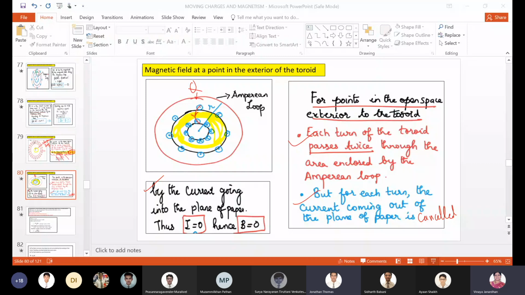Investigatory project, I told you boys, holiday homework. We have sent you an investigatory project. You select any project, just go through it, keep it ready. When you come back next September onwards, we'll be having classes. But previously, long back,